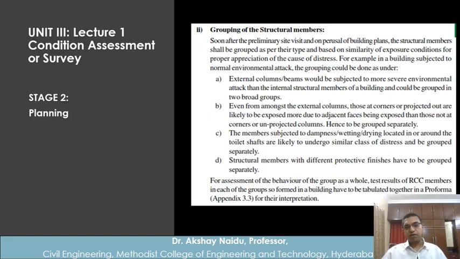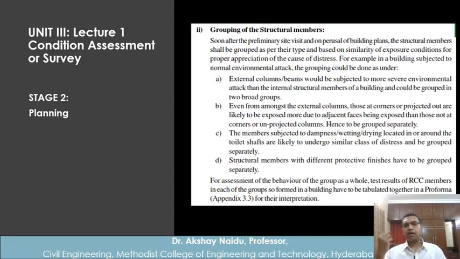So those columns which are similar, because of the design of an apartment building or a particular structure, can be categorized. They may be similar in terms of dimensions, reinforcement details, and the kind of load that is coming onto them. Based on that, we can group columns: column set 1, column set 2, column set 3, like that, beam set 1, set 2, set 3, set 4.